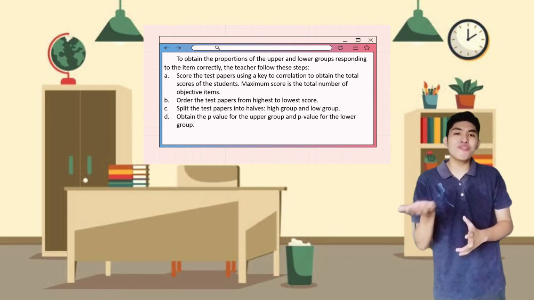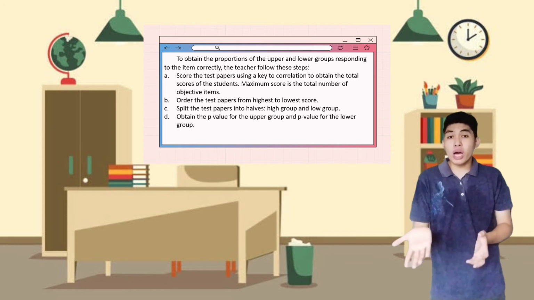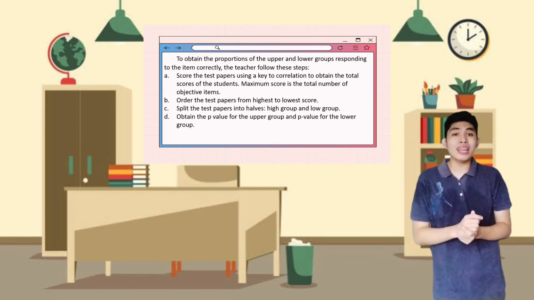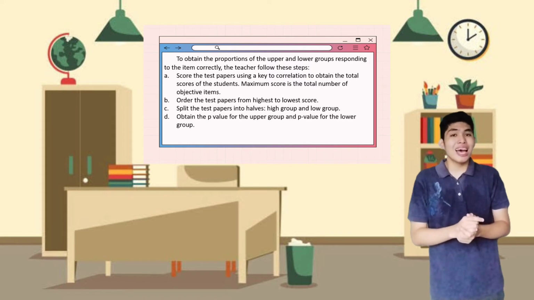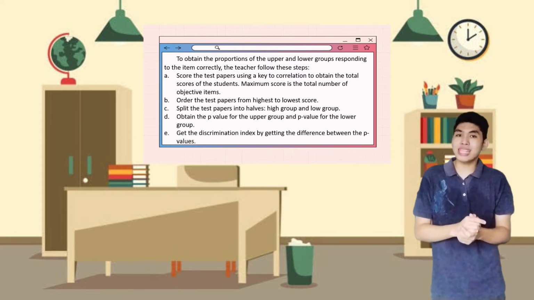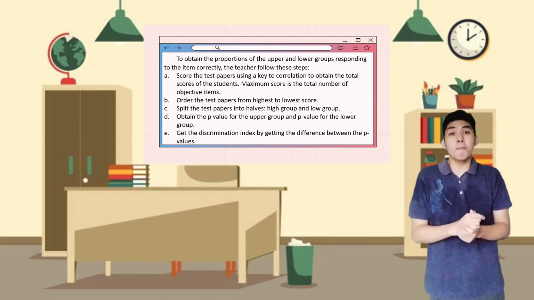To get the p-value for the upper group, you need to get the RU, or the number of the upper group getting the item correct, divided by TU, or the number of the upper group. Whereas to get the p-value for the lower group, you need to divide RL, which is the number of the lower group getting the item correct, by TL, which is the number of the lower group. And the last step, which is the fifth step, is to get the discrimination index by getting the difference between